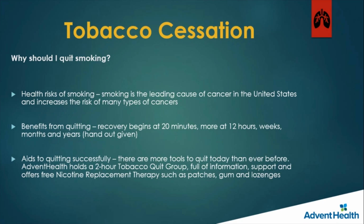So after about 12 to 24 hours, the carbon monoxide levels also go away in your body. Now, of course, we might have a minute amount just from the environment that we're exposed to. But for people who smoke, those levels are a lot higher. And that carbon monoxide impedes us trying to get all the oxygen to all our cells, to feed all our tissue and organs. So getting rid of the carbon monoxide is a great thing, and that's 12 to 24 hours after we quit